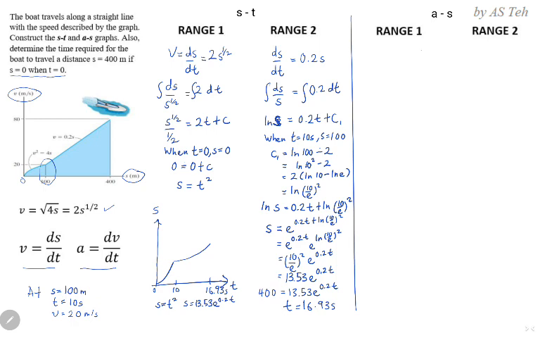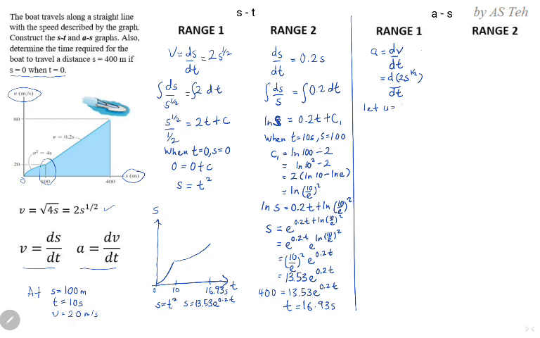So now let's look at the second part where it says to establish the acceleration and s graph. We know that acceleration, as mentioned, is the rate of change of velocity. Okay, so I can actually substitute velocity into this equation here. So for range 1, this becomes d of 2 square root of s over dt. Okay, so I can bring out the 2 as a factor. So I can actually use the substitution rule to solve this. So let's